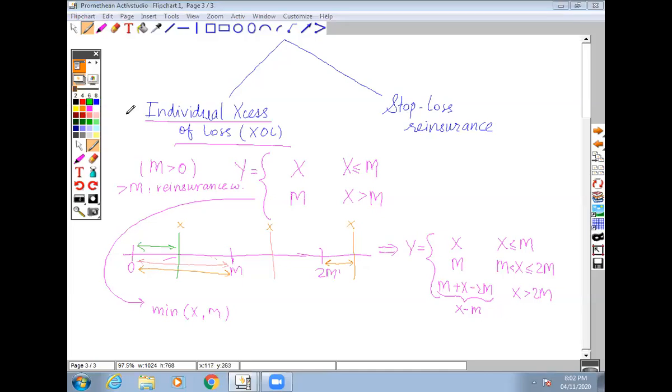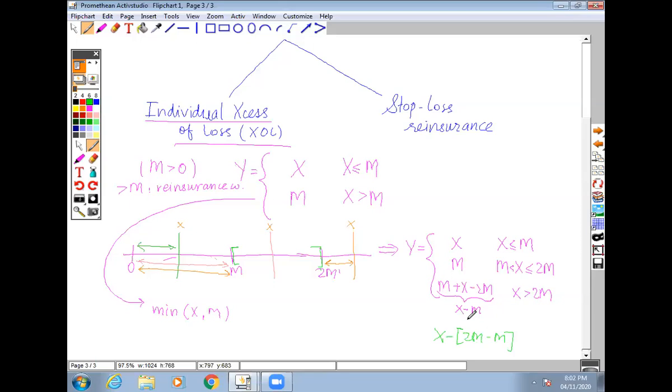So basically, we can also say that it should just be X minus the quantity 2M minus M, because whatever the amount is above and beyond, we know that only this difference is being paid by the reinsurance company, which is 2M minus M. So it accounts for all of this. This is the bracket that we just subtracted, and 2M minus M is just M, so it's X minus M. That's it. Is this clear to everyone? Does this make sense? Yes, ma'am. Perfect. And I hope it makes sense to everyone else as well.